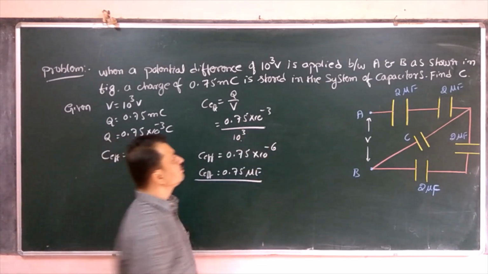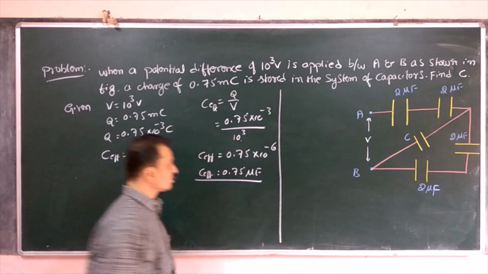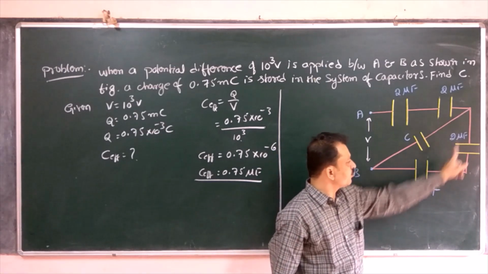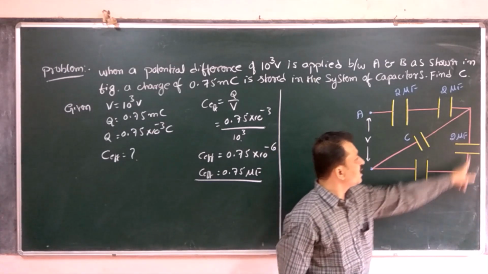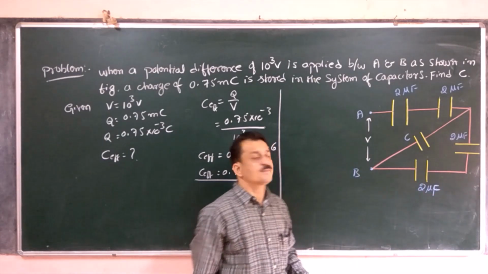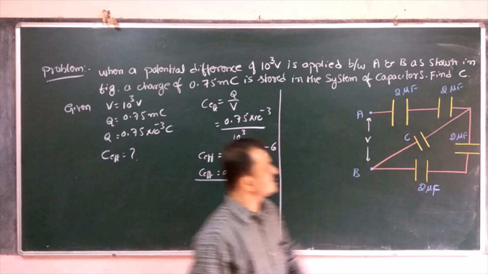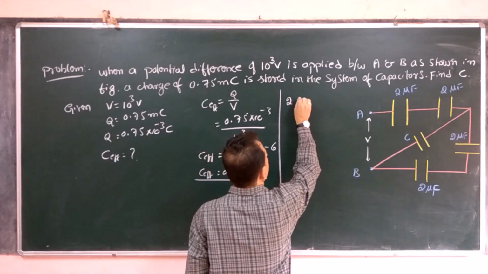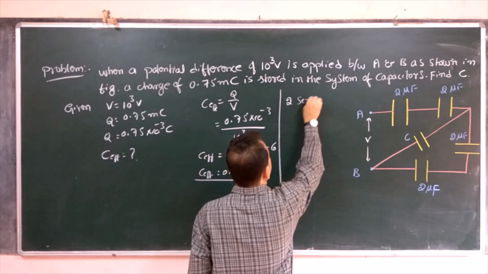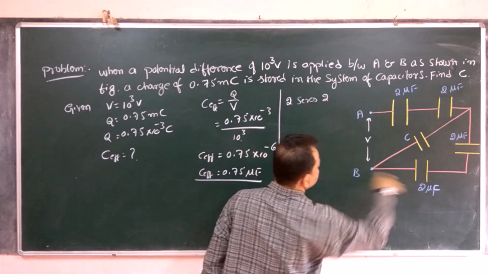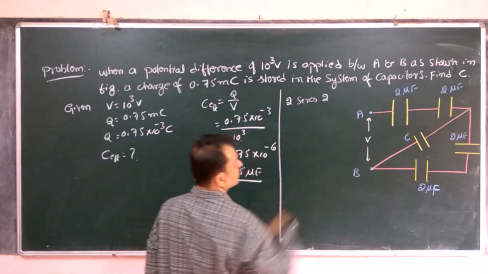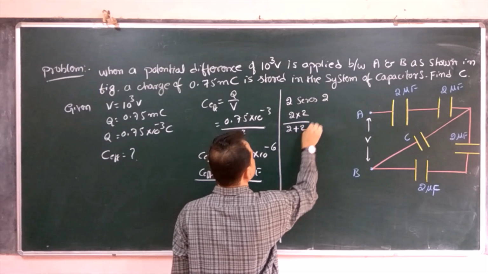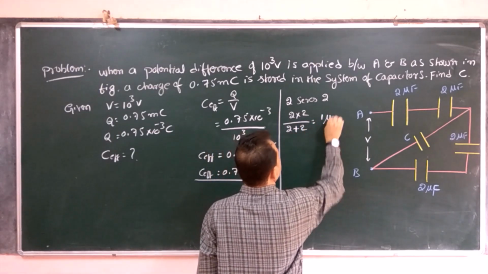Now from the circuit we will work out what is the effective capacitance. Now look here. This capacitor 2 microfarad and this 2 microfarad, they are in series. These two capacitors are in series. Therefore the effective capacitance of those two capacitors is 2 into 2 divided by 2 plus 2, that is 1